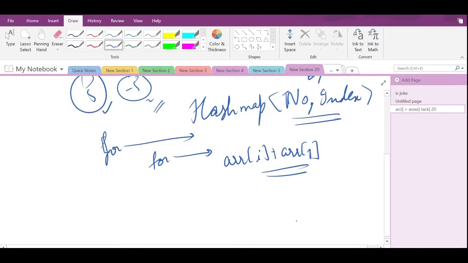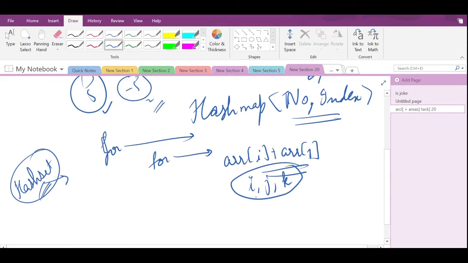There is one more condition: we cannot have duplicate triplets. For that I can maintain a hash set. Suppose i, j, and k are the indices, and m, n and p are the numbers. Then I'll sort them and put them into my hash set. This way I will not have any duplicate values.